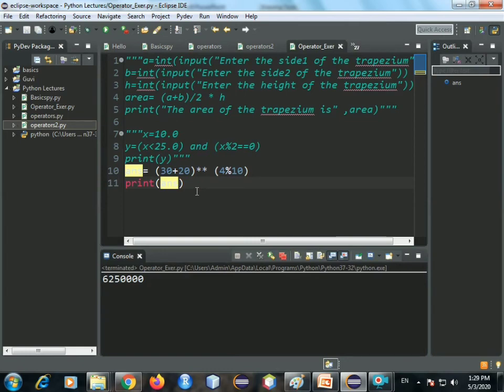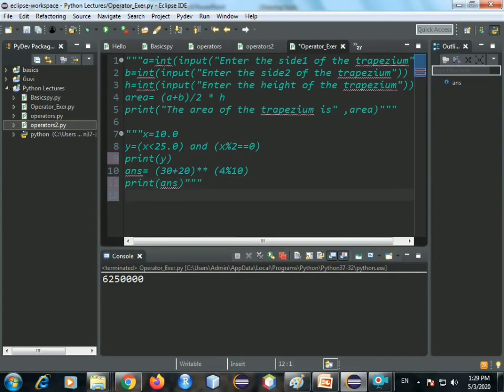Now let us guess the output of the following operations. Okay, it'll be a few of the operators that we just learned: membership operator, assignment, then all of this. Okay, let's check.